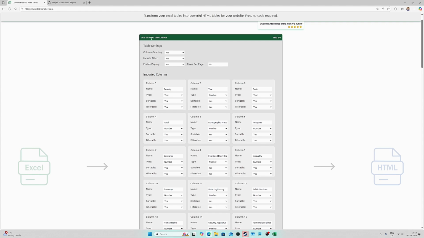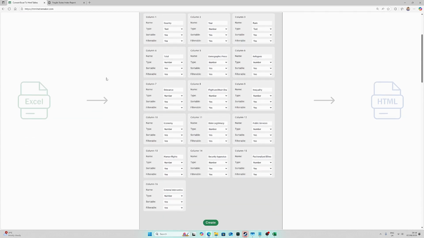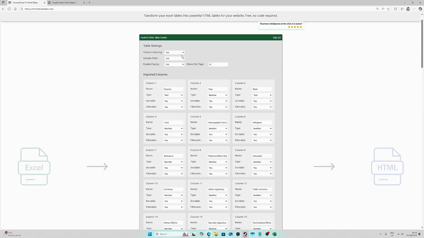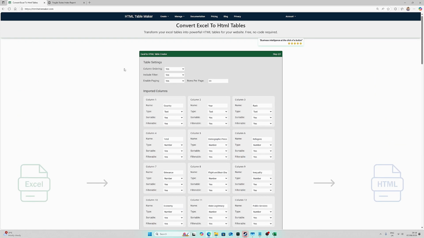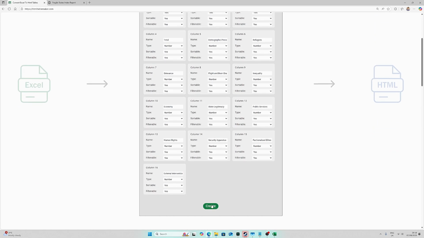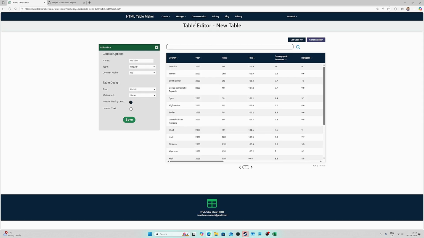And in this page, what you need to do is select all of the functionality and features you want. For example, you might not want a filter. I'm going to keep everything switched on for the purpose of this tutorial. Once you've selected all the settings you want, you're going to click create, and this is going to take you to the table editor. So you can see now we've got a functional table here